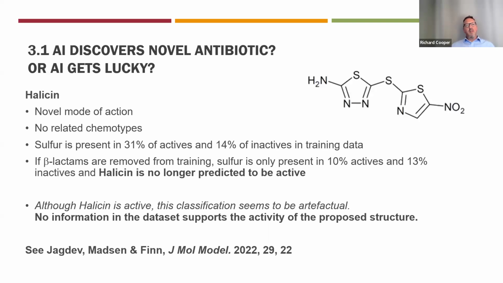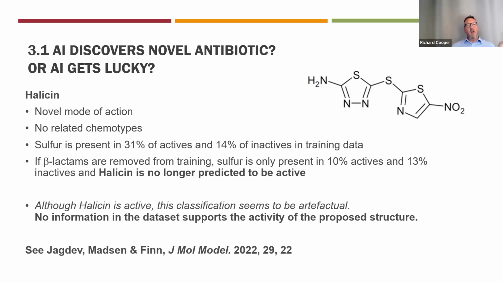And the core reason that we might say, is this just AI getting lucky, is that the sulfur atom is present in 31% of the actives in the training data and 14% of the inactives. So you might start to think, well, if more of my actives have sulfur in, then a molecule like this, which has got 3 sulfurs in, is going to look quite attractive as an antibiotic. But I think we know that just putting sulfur in molecules doesn't make them into antibiotics. So on its own, that's just a kind of chance finding that it just happens that this molecule's got sulfur in and it is an